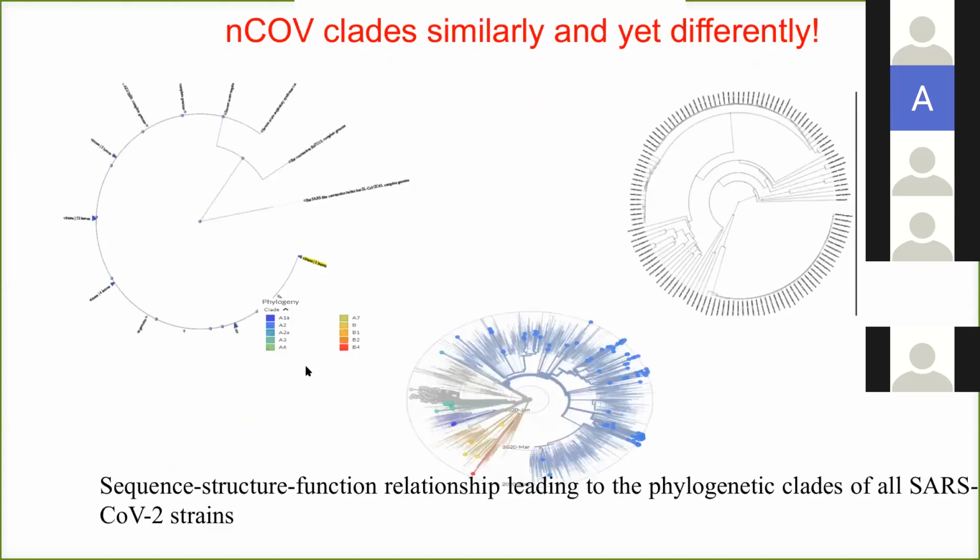So, to our understanding, over the last several weeks, the novel coronavirus clades similarly and yet differently. When I say similarly, this is the SARS-CoV-2. As you could see, it clades with several nearest neighboring sequences. Many of them are SARS-CoV-1 and also SARS-CoV-2 pathogenic strains, those 4 HCoV strains that were reported earlier. And it also has a distant correlation with the bats over here, where the horseshoe bats were the possible reservoirs.